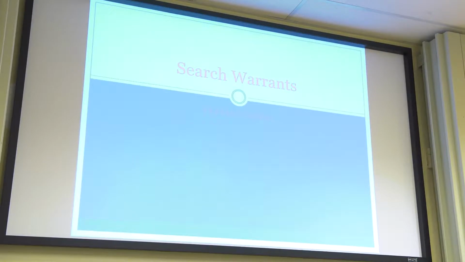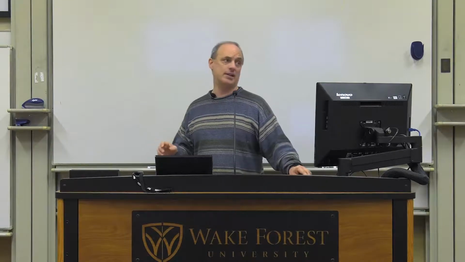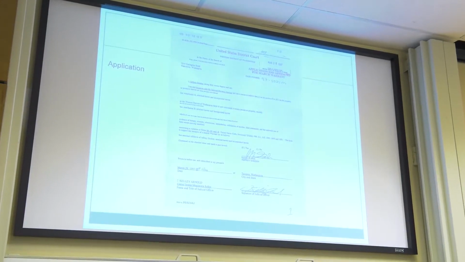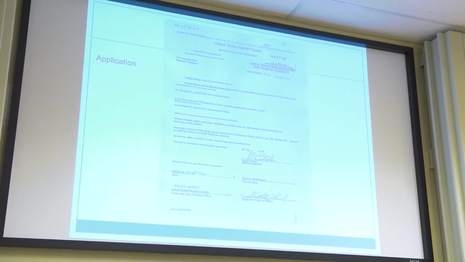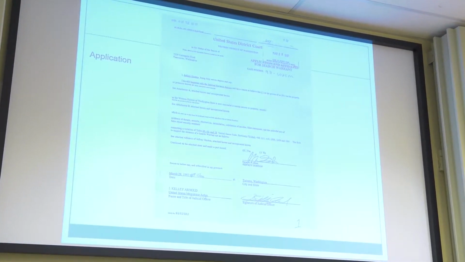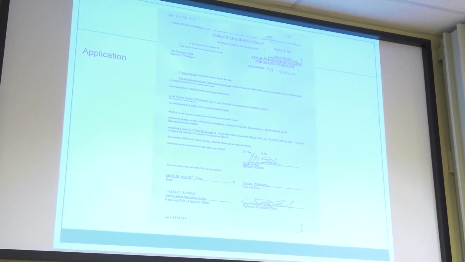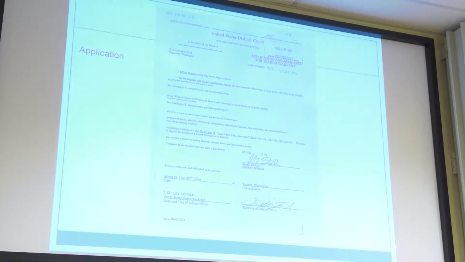Okay folks, let's get started. We're going to talk now about the necessary components for a valid search warrant. In particular, we're talking about the particularity requirement here. So we've already talked about the components that you'll normally see in a search warrant. First of all, there's the application itself. This is a request from a law enforcement officer, let's say a police officer. It's a request from the officer to the judge for permission to go out and conduct a search of some non-public place, especially a home.